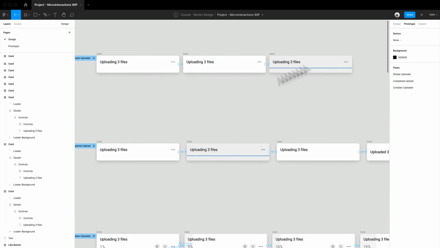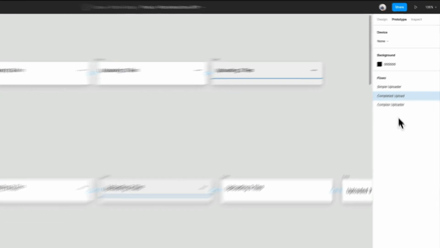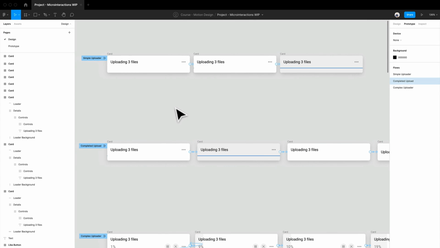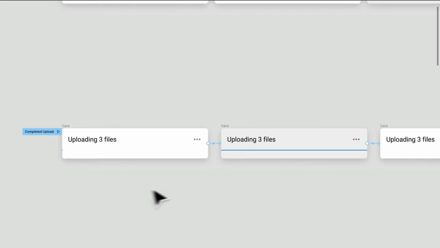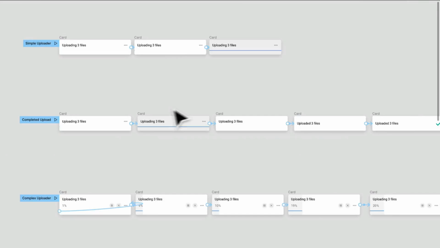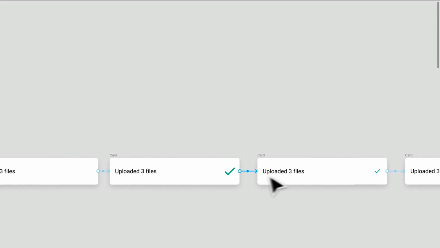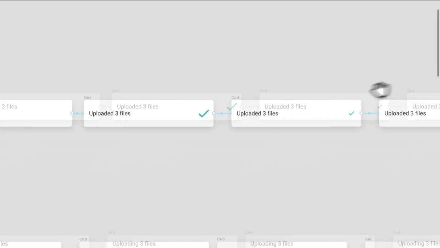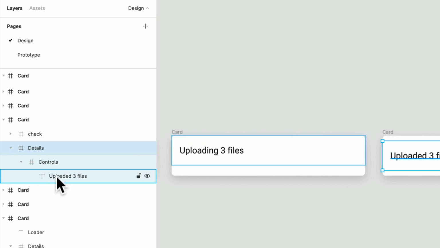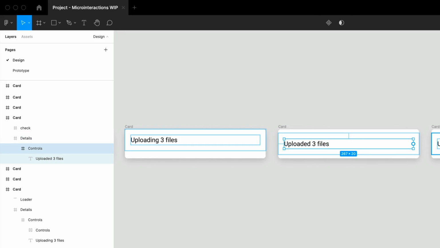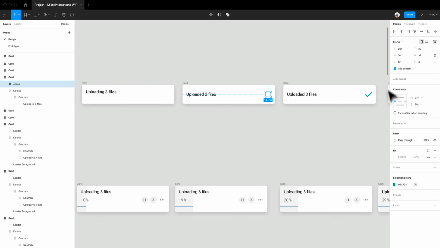And let's actually take a look at all of our different uploaders. So I want you just to take a look at this. We have the completed uploader. And this is essentially the exact same thing that I have here. Now, the only difference is I'm going to have a completion pop-up. And the way I did that was pretty simple. Now, if we look at the details and the controls, we have like nothing here. And then we have the check that is over here on the side,